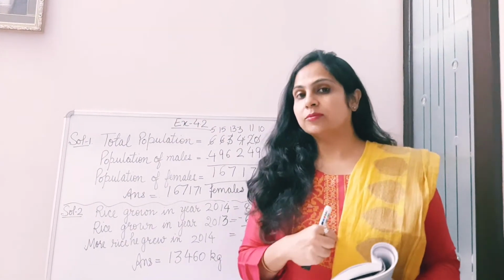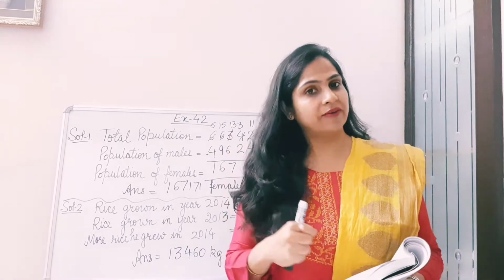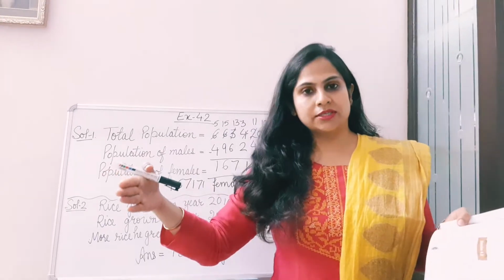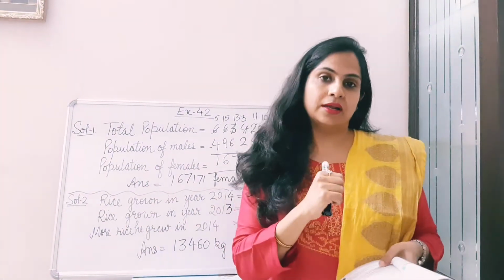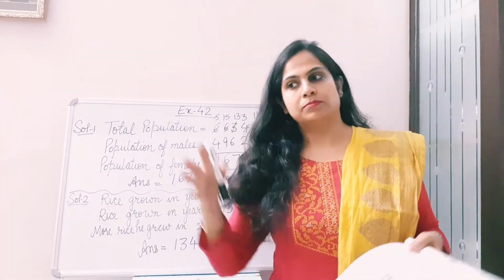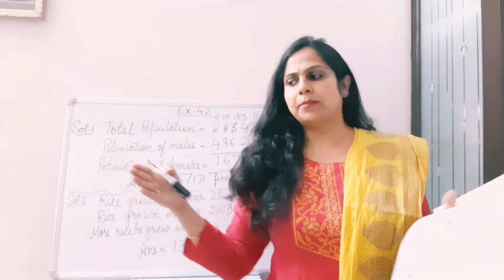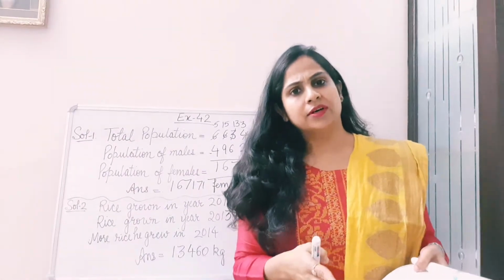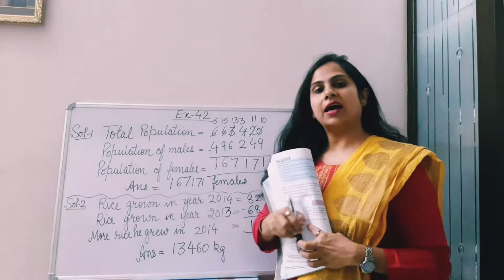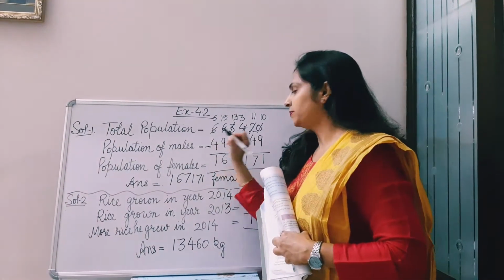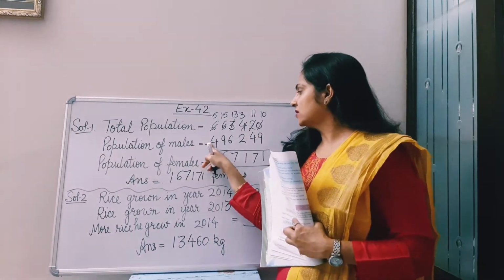Now how will I find the population of females? Third point is I have to decide which operation I have to use. If total population is given and population of males is given, then how do I find the population of females? Very simple. बहुत ज़्यादा population थी, males निकाल दी. What is left? If we have to find what is left, then we have to do subtraction. Here I have decided that I have to do subtraction.